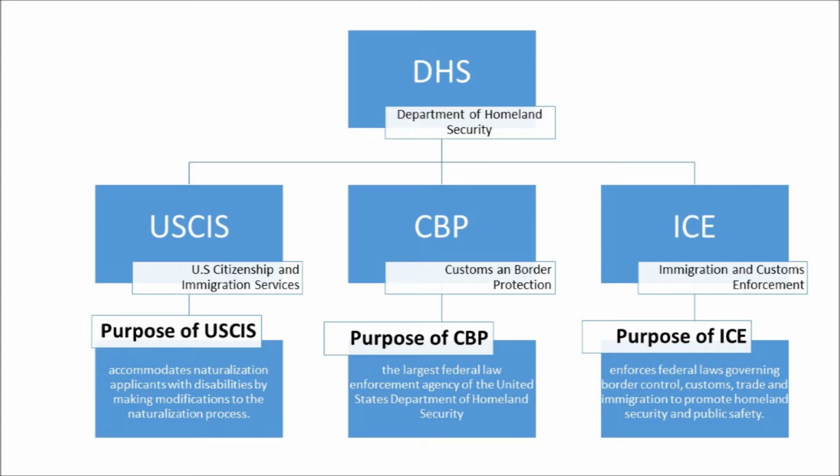So these are the purposes for each department. The purpose of the USCIS is basically focused on documentation. So these are the people you're going to want to go to find all your forms. These are the ones that you're going to want your lawyers to talk to for all of that to get legalized. The CBP is the largest federal law enforcement agency. So these are the people that are at the border and at the airports checking everything that's coming into the U.S., and just making sure that everything is up to code. And then there's ICE, which is making sure that everybody is abiding by the laws and regulations of the United States.